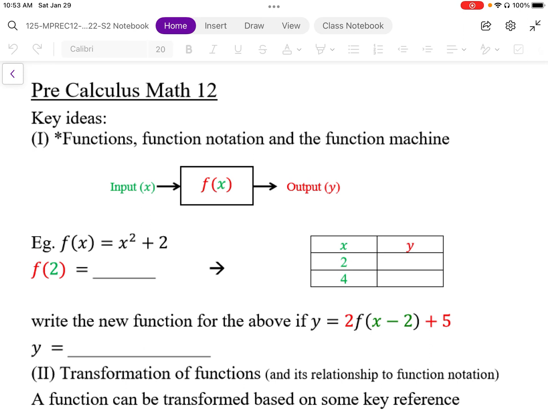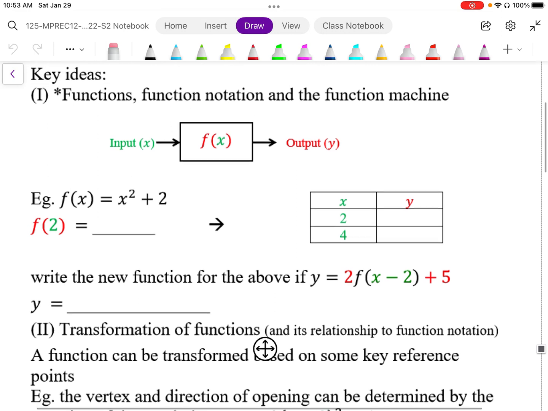And we want to think of the function as a function machine. There is an input and an output. I've shown the input in green, the output in red. The input goes with the x's, the output goes with the y's. So if I have this function f of x equals x squared plus 2, and I have the function notation f of 2, what we want to do is inside that function, we want to put in